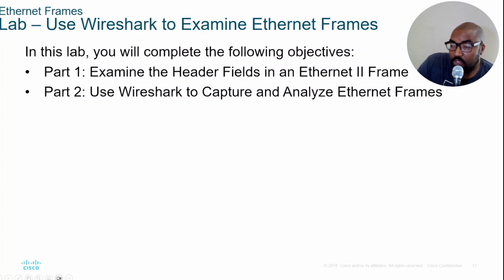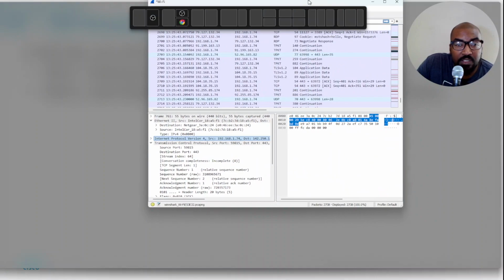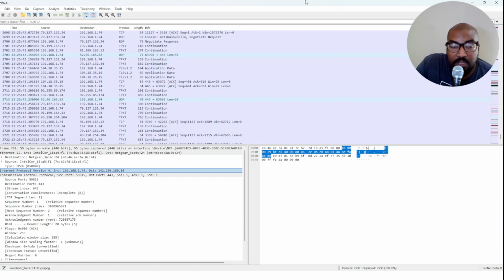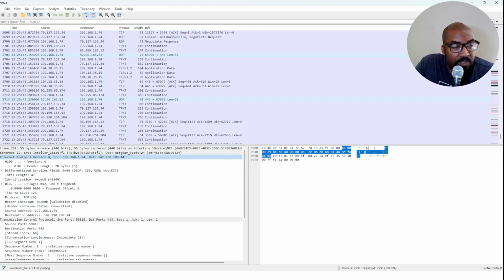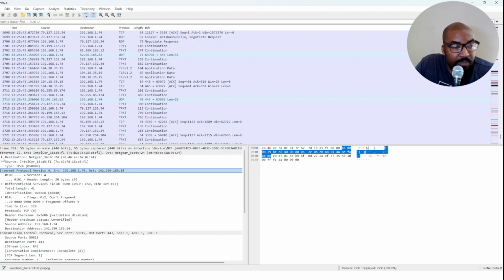All right, so let's take a look at Wireshark here. I do have a Wireshark capture here. We're going to take a look at a frame that I was able to capture. Obviously, Wireshark is a pretty significant tool that utilizes a lot of the OSI layers. In particular, I have a frame here, and we're going to take a look at the Ethernet II frame. As you can see here,